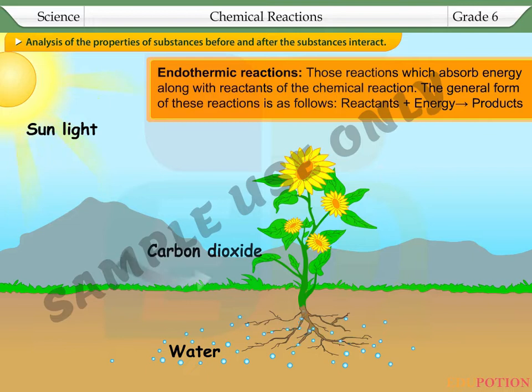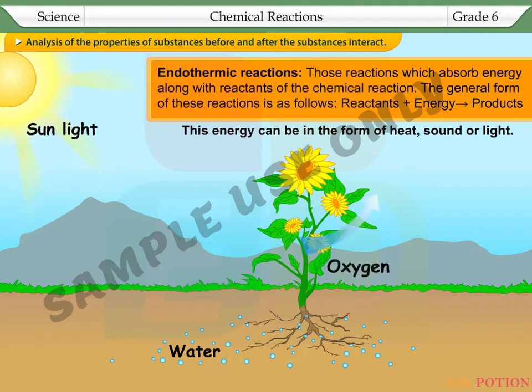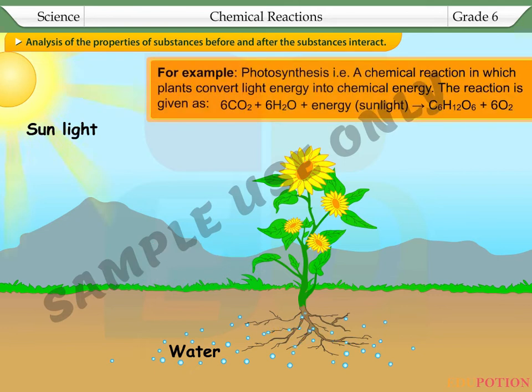Those reactions which absorb energy along with the reactants of a chemical reaction are called endothermic reactions. The form of these reactions is as follows. Reactants plus energy gives products. This energy can be in the form of heat, sound, or light. For example, photosynthesis, that is, a chemical reaction in which plants convert light energy into chemical energy. The reaction is given as